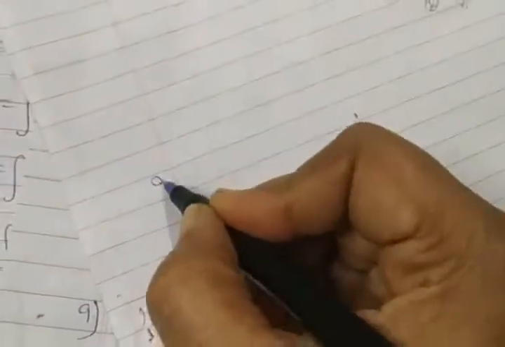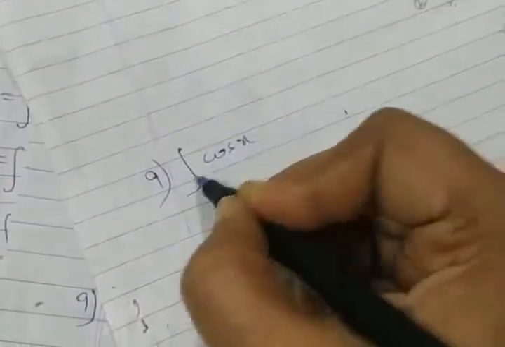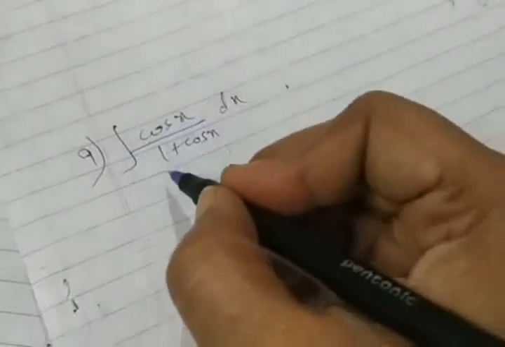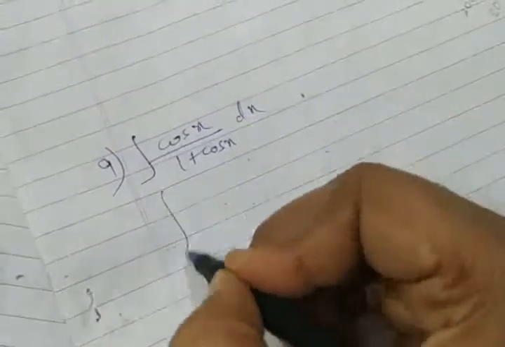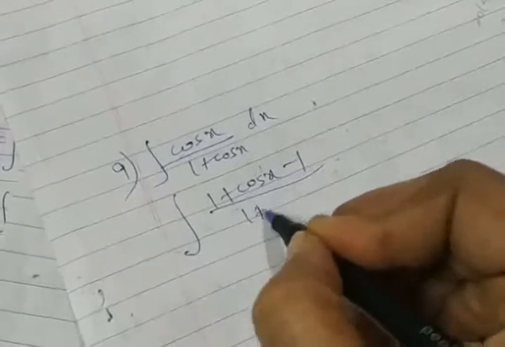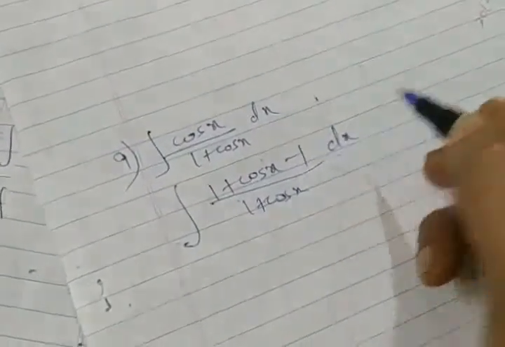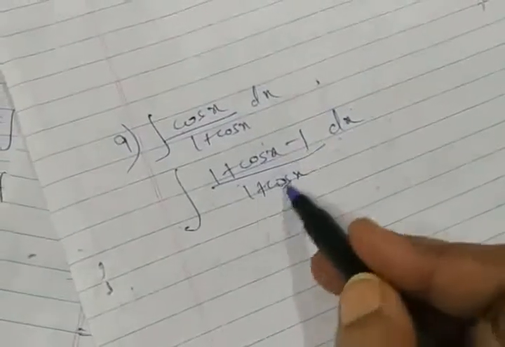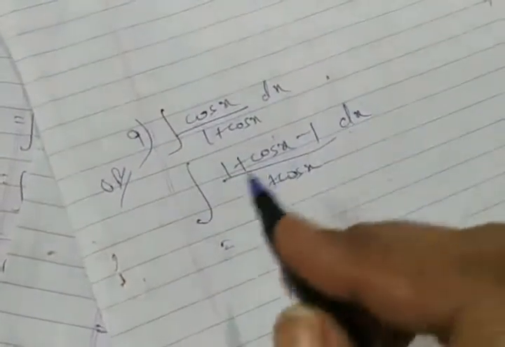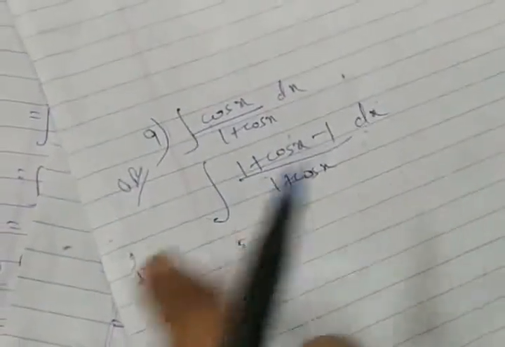Okay. This is one method. Or if you want, one more method also I can give you here, but I should not make it compulsory. This is the 9th question. So integration of cos x, denominator 1 plus cos x, with respect to x. Multiply and then you can balance it, well and good. But anyway the terms are the same. You can think about adding 1 and subtracting 1. Even you can think about this method also. Add 1 and subtract 1 to fulfill the plus 1 requirement here. The best option which normally students will guess is the method which I discussed earlier.